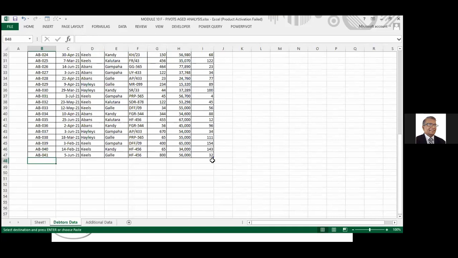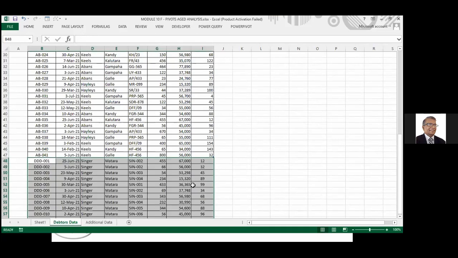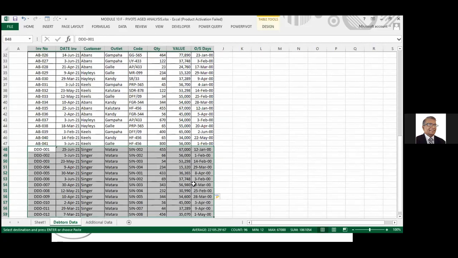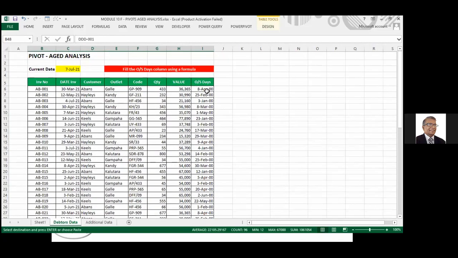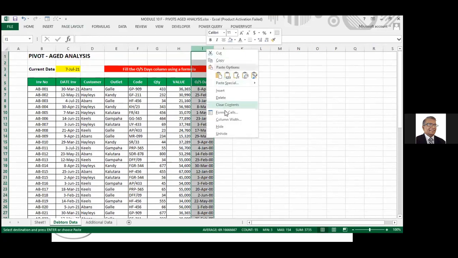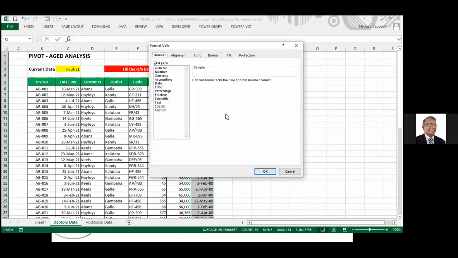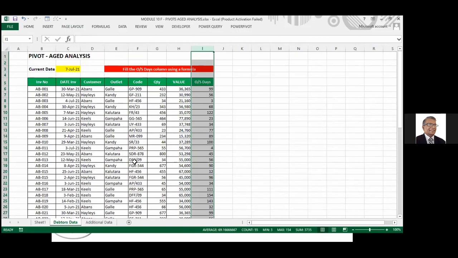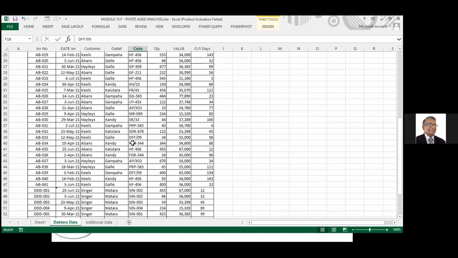Now it's a table. Can you see it's a table here? So the moment you put it at the bottom, you can see everything gets filled. But only this thing came as a date because it's using the today function. So what you have to do is go here, format cells and make it general format. That you have to do. General. Now you can see again it will be numbers, right? So this is my pivot age analysis.